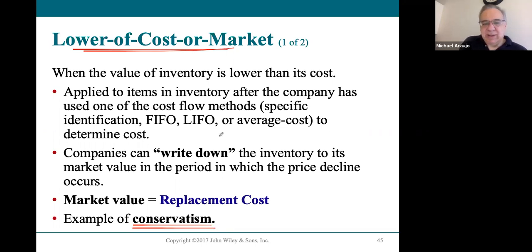So sometimes inventory declines. Sometimes the value of inventory literally declines. And so basically speaking, companies need to what we call write down the decline of their inventory. They have to note that the inventory has declined. And so what they use is something called this lower of cost or market method to show whether they're actually using the real